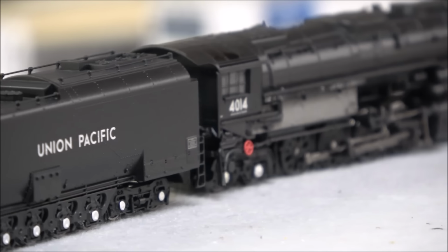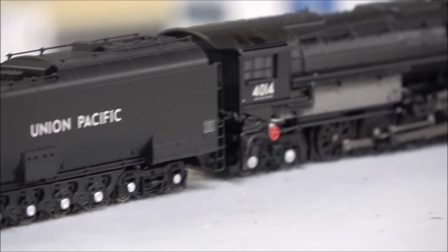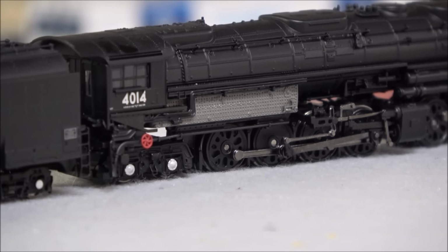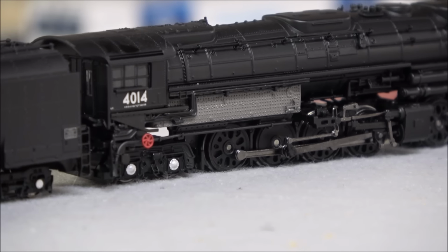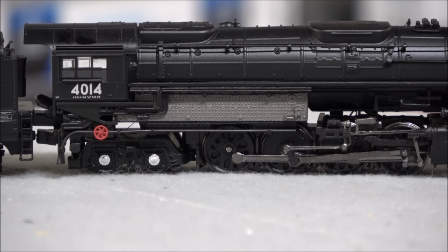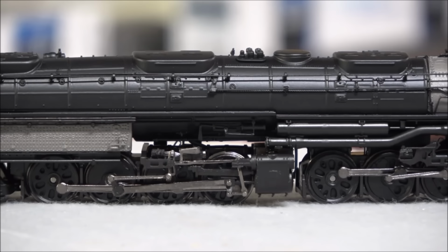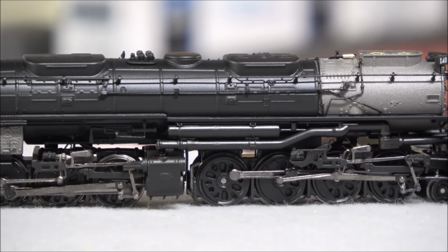And more of the same along the other side, coupler cut lever on the rear as well. Now, this 4014 version has the ash pan and ash pan dump wheel, so that's what that's for, I think, is to dump the ash pan from what I was told before. But actually I'm not seeing, let's see, it's hard to see, it does look like there's an ash pan installed there. Of course the actual 4014 Excursion doesn't have that ash pan because it's an oil burner, but more detail